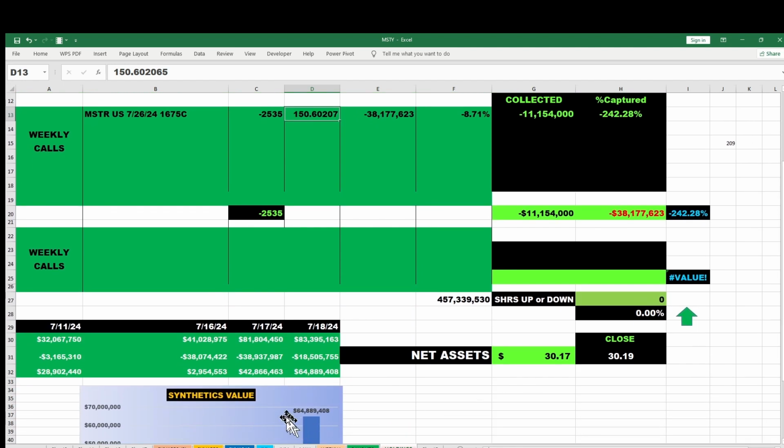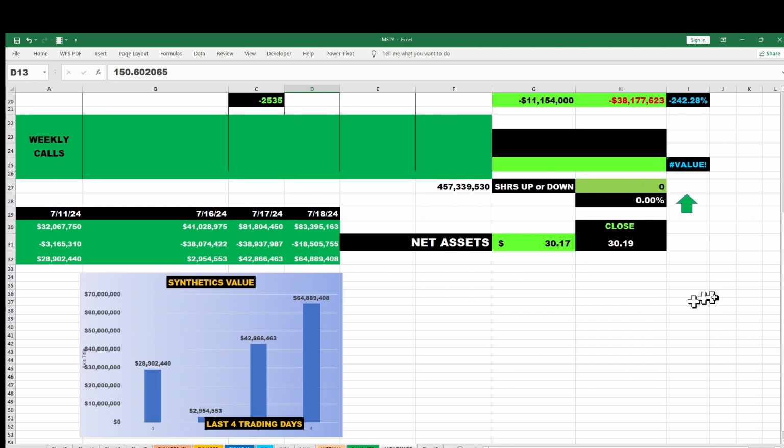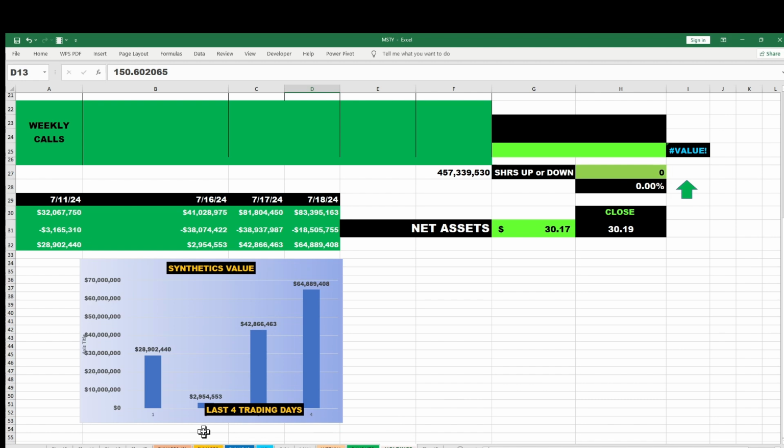But we have now 64 million. Where were we yesterday? Well, we were at 42 million, right? That's why I like these charts, because it shows us, look what we've done. You remember on Coin, it had a 49 million and then went to a 48 million. Well, we went from 3 million to 64 million. So we moved up 61 million, right? By being long the stock, by being long and mimicking being long with our synthetic. So you guys that ask, what is the synthetic? I don't understand one from the other. Well, it's being long the stock.